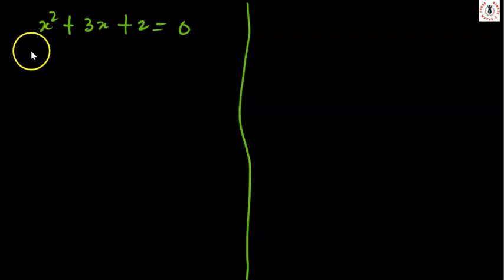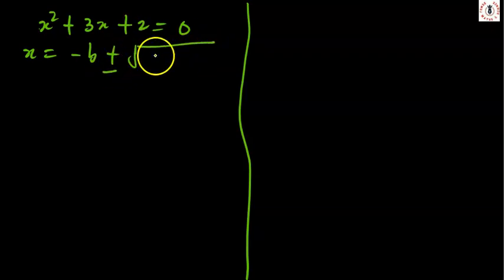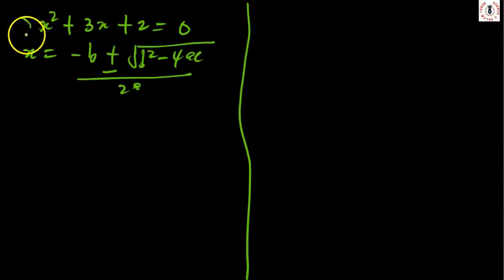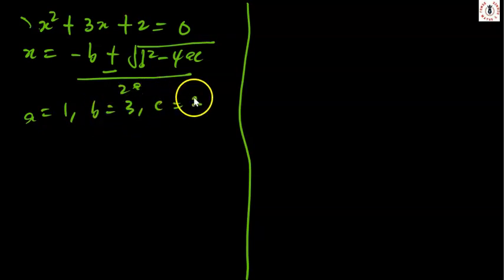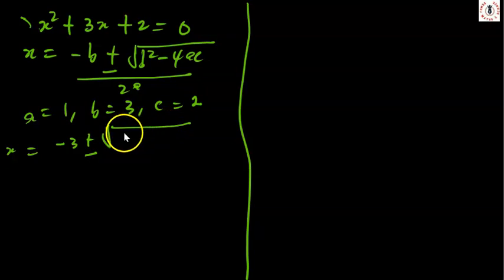Now, from our formula method, we know that x will be equal to minus b plus or minus square root of b squared minus 4ac all over 2a. So in this function, our a will be equal to 1, our b is equal to 3, and obviously our c is equal to 2. So my x in this case becomes minus b, which is minus 3, plus or minus square root of b squared, that's 3 raised to the power 2, minus 4ac, a is 1, into c is 2,